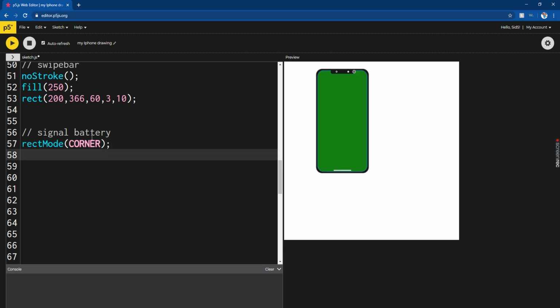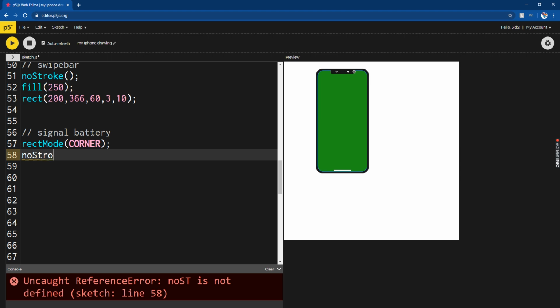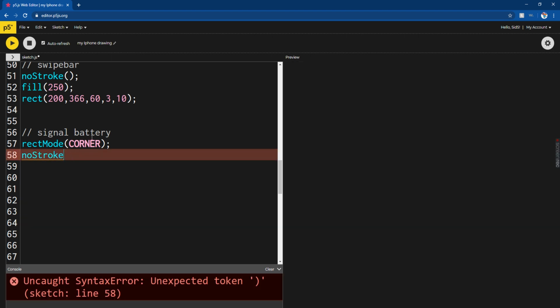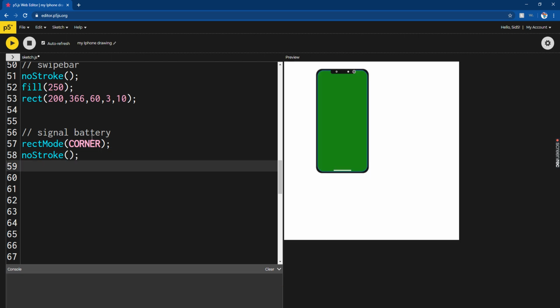Now that the rect mode corner is done, I'm going to do no stroke. There we go. Fill 250. We want to fill this up with 250. And now that the fill 250 is done,